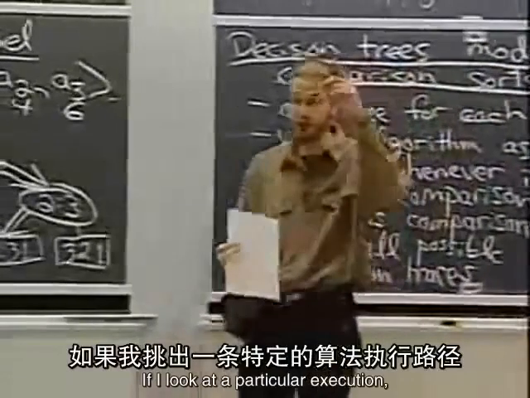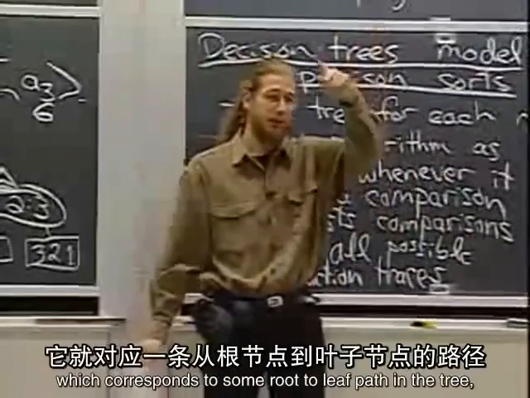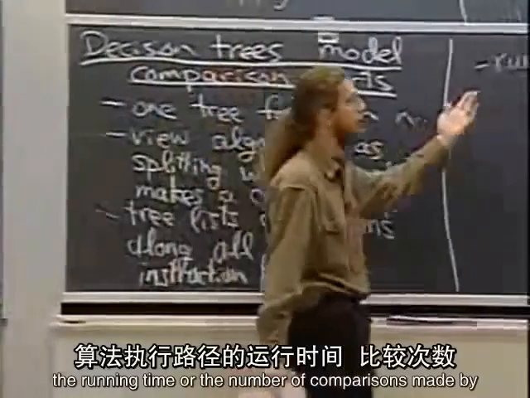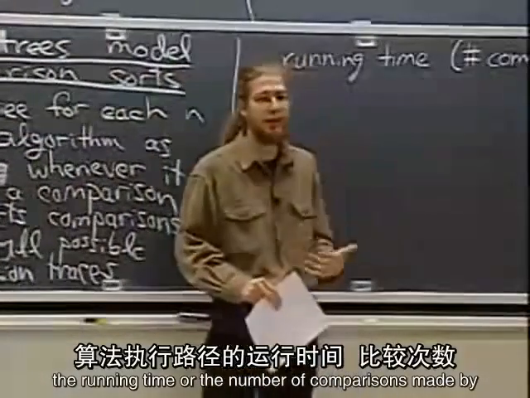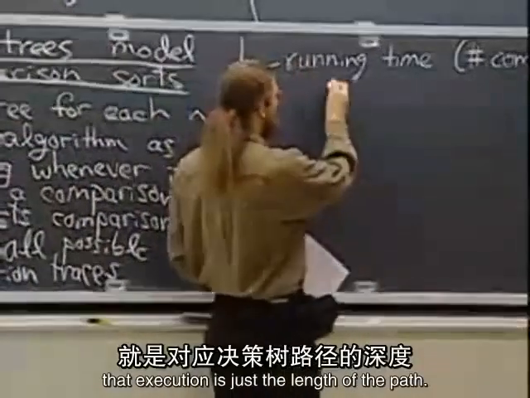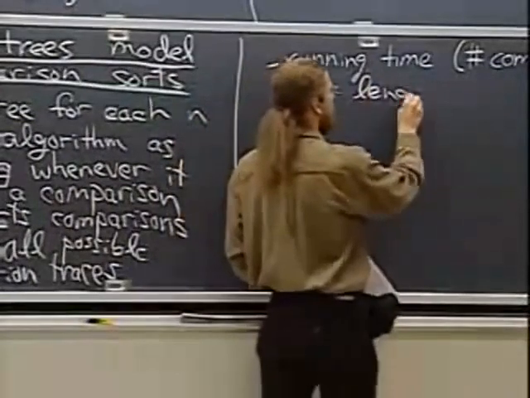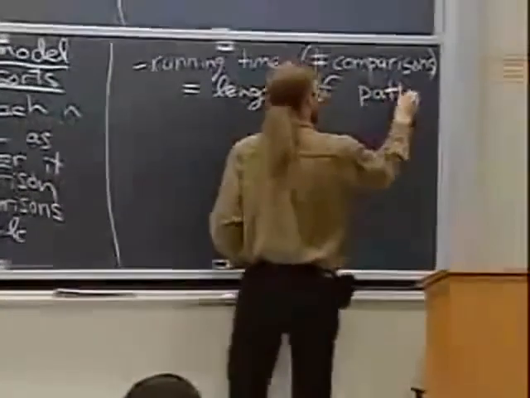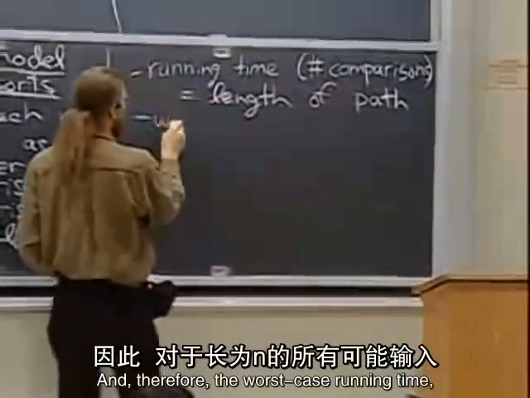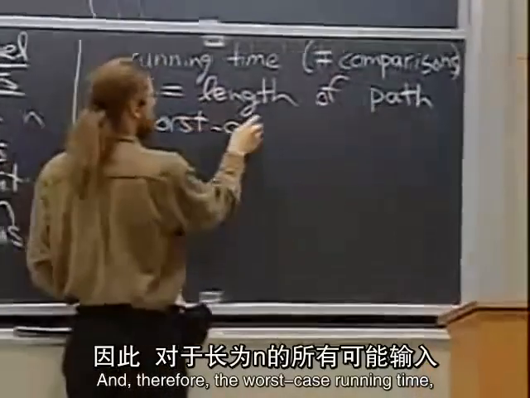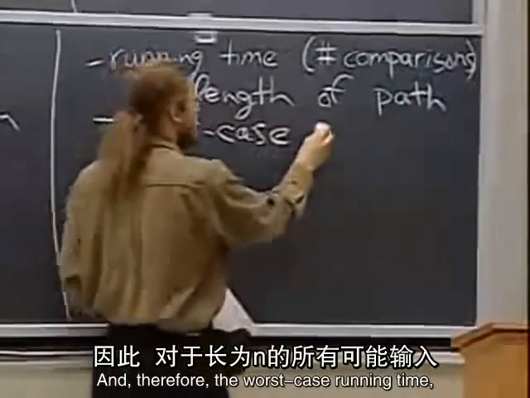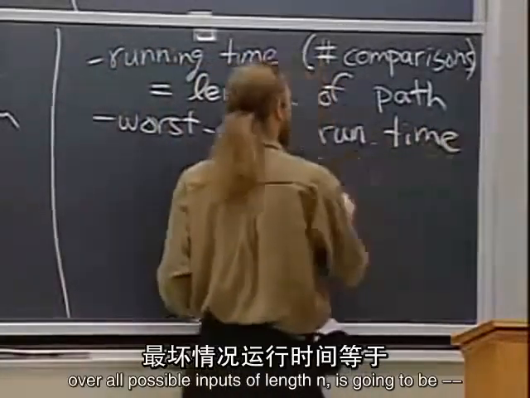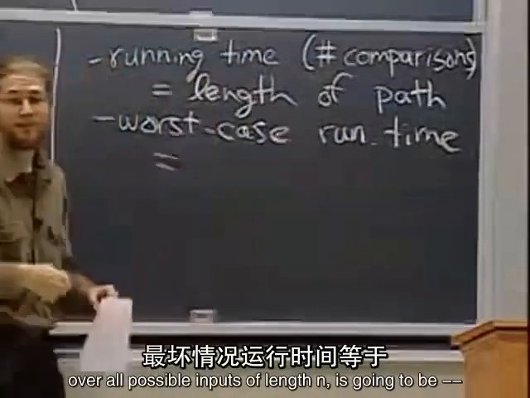If I look at a particular execution, which corresponds to some root to leaf path in the tree, the running time, or the number of comparisons made by that execution, is just the length of the path. And therefore, the worst case running time over all possible inputs of length n is going to be